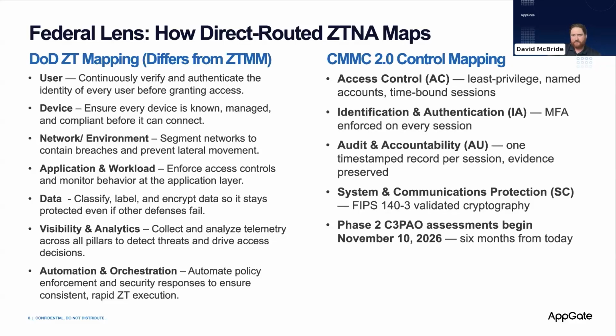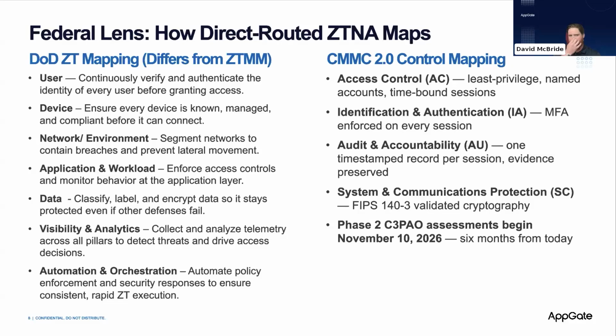So as we move from the DoD ZT mapping, I'll briefly talk to the ZTMM, the CISA variant of this structure. That is more of an implementation methodology or framework. It walks you through each one of the controls, but in a phased approach. And that's what you're going to see in the federal civilian space. So think Department of Energy, Department of Homeland Security, Department of Treasury, things of that nature, where what we just discussed with the 7 pillars is more of your DOW entities: U.S. Army, Coast Guard, U.S. Navy, Marine Corps, things like that, right?